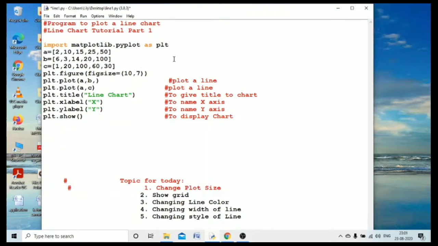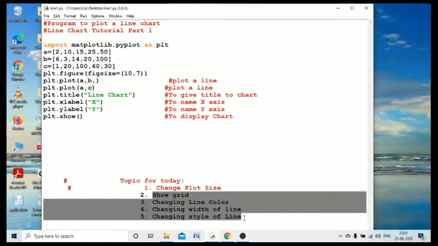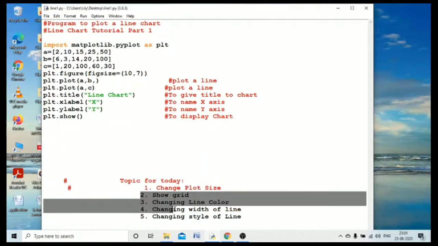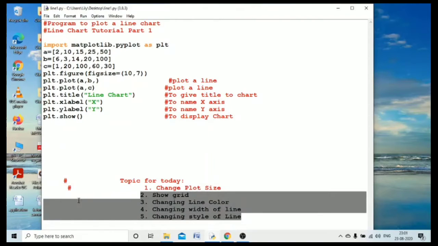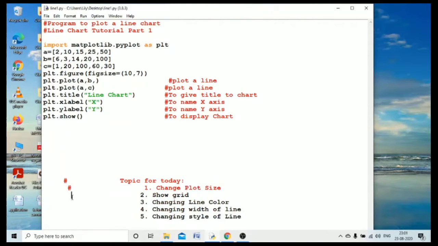So let's check for the first one. Through the figure function we can set the size of a graph, and the argument associated with it is figsize. So we have to give the width and the length of it, and then the size accordingly will be displayed for the graph.